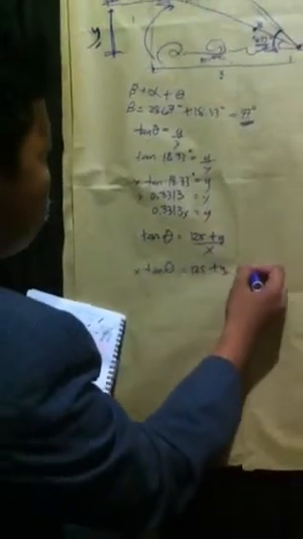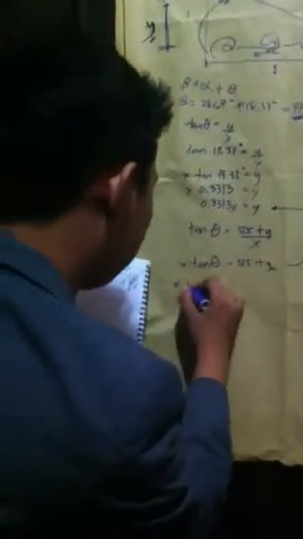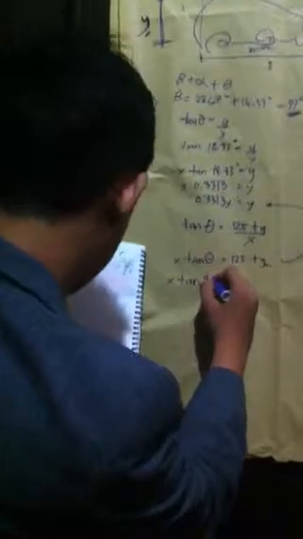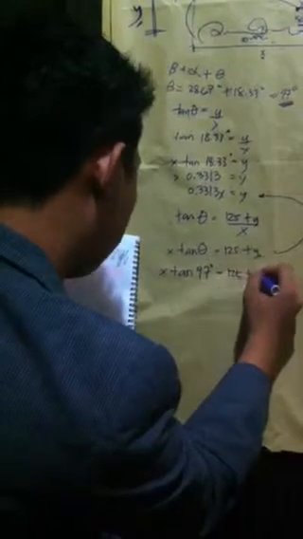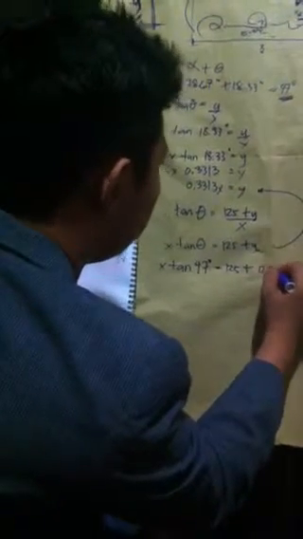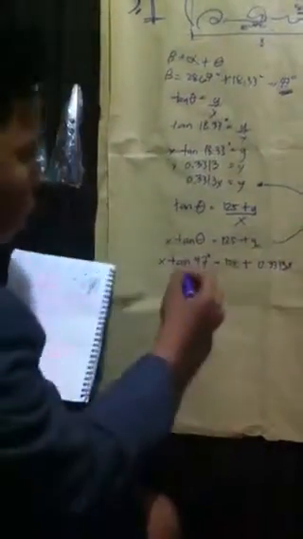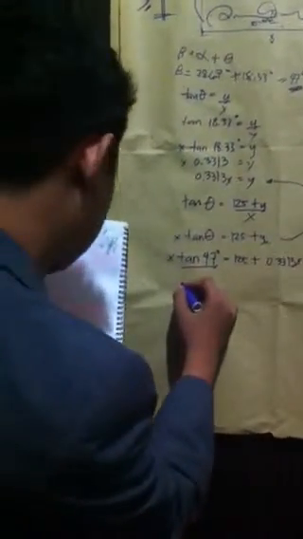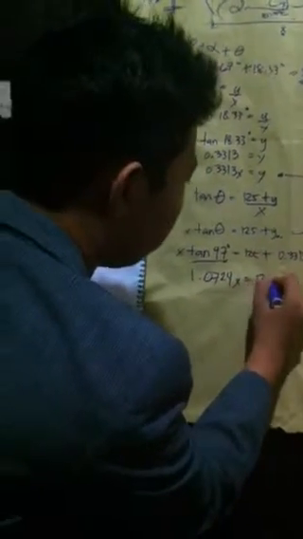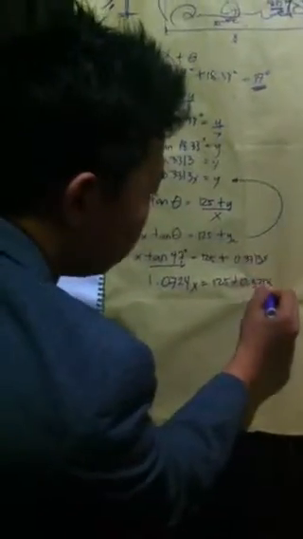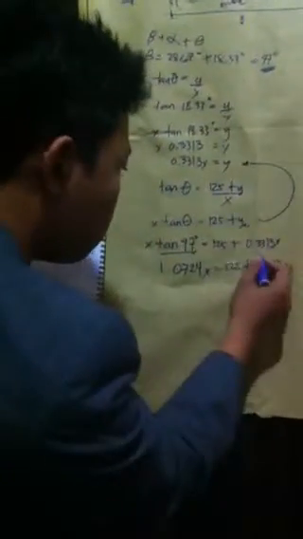We now substitute this y to this, and it would be x tangent 47 equals 125 plus 0.3313x. When we press this at calculator, it will result at 1.0724x equals 125 plus 0.3313x, and we will now get this x, so we must transpose this to the other side,